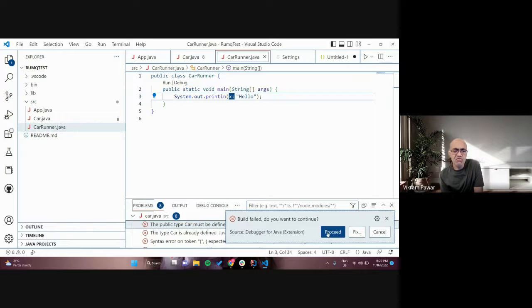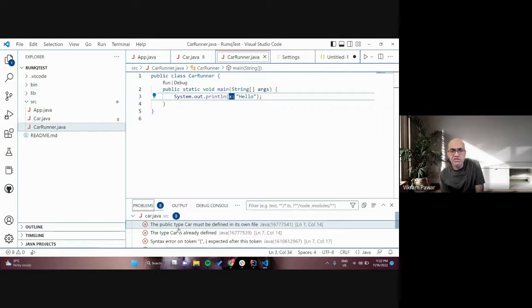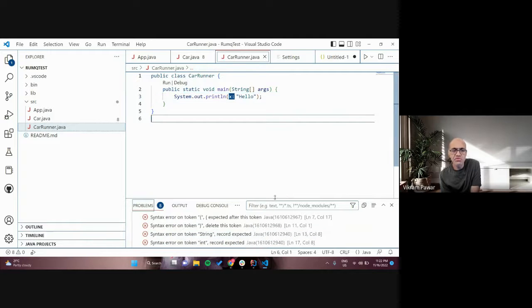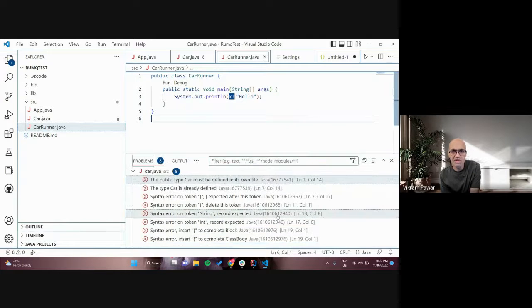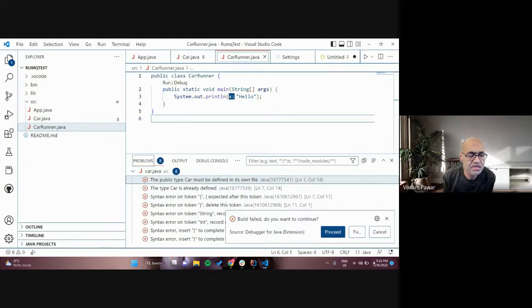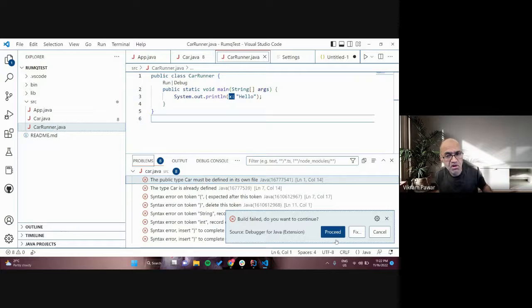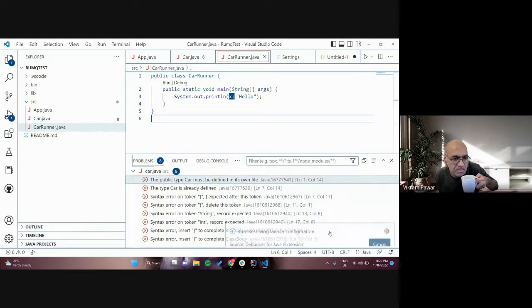For the first 1 month or so, just say proceed. For the first 1 month or so, you should get used to just running the Hello World in as many places as possible so that you get comfortable. Yeah. So just run it. There are syntax errors in the project. I don't know if it will allow you to run it, but let's see. Because VS Code I have not worked that much with, so I don't know. Yeah, say proceed. Sometimes it will allow you to run it still.